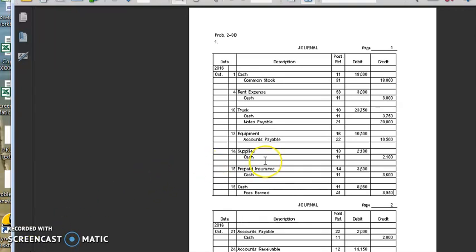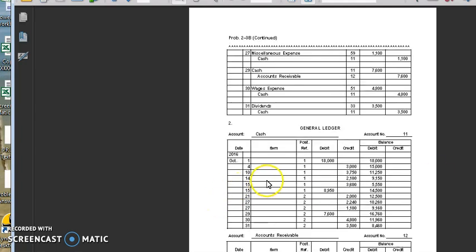Here is a manual example of a general journal. This is problem 23B from your textbook Financial and Managerial Accounting, 13th edition by Warren, Duquesne, and Reeve. This first page is the general journal, and in the second page you can see that these general journal transactions